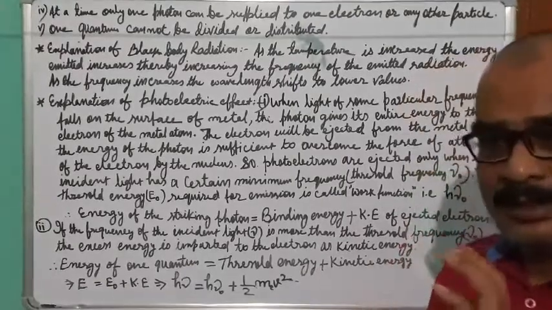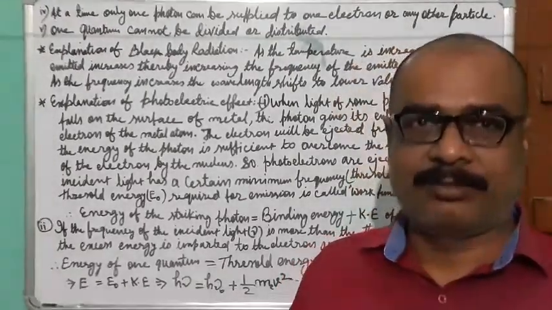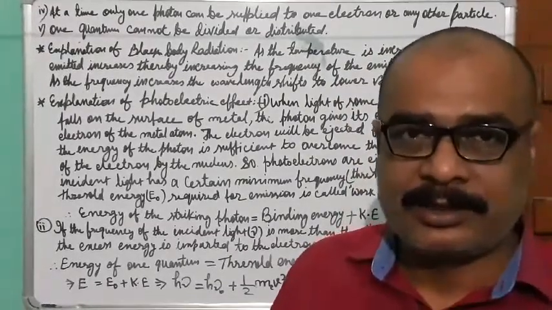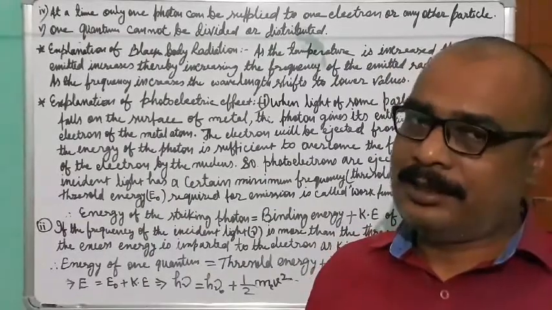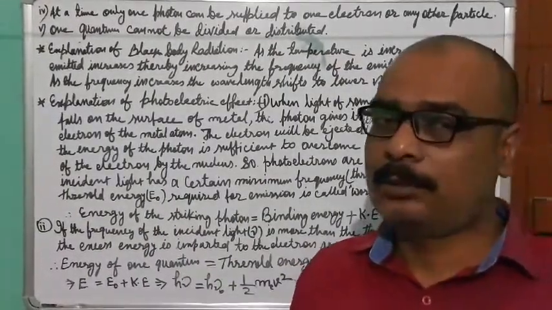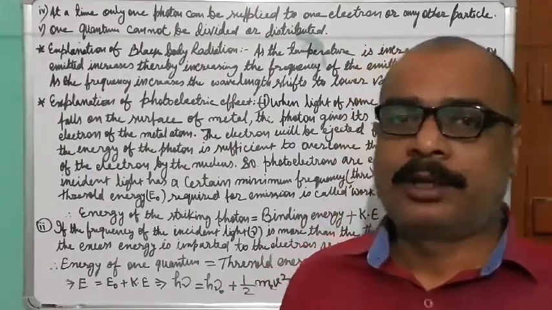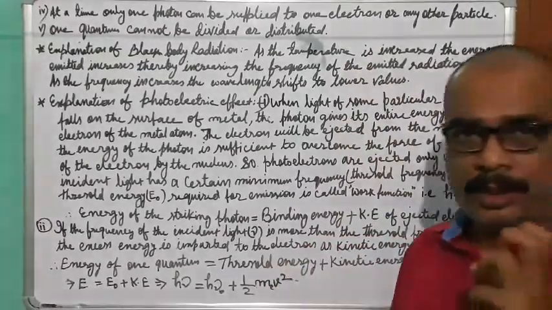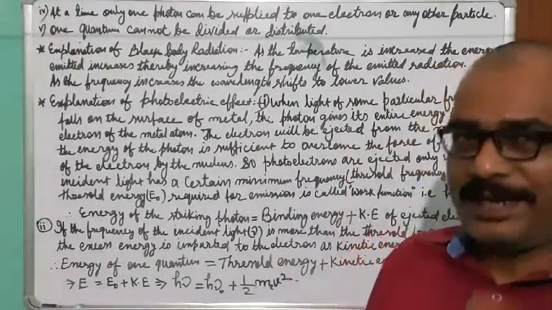We have observed that a minimum amount of energy is required to eject the electron. If we supply energy less than that minimum amount, then there is no ejection of electron. What is this minimum amount of energy? How is this decided and where is it utilized?